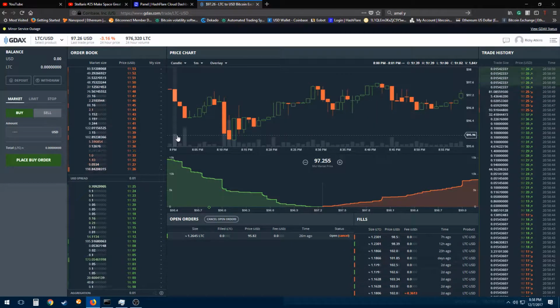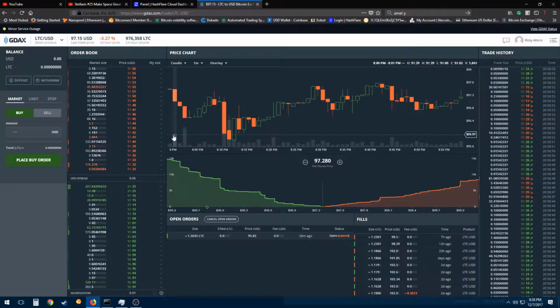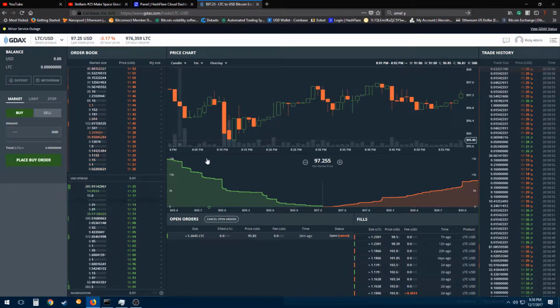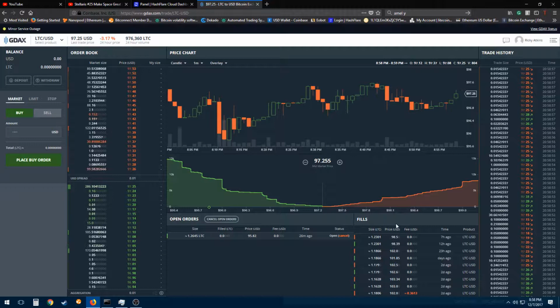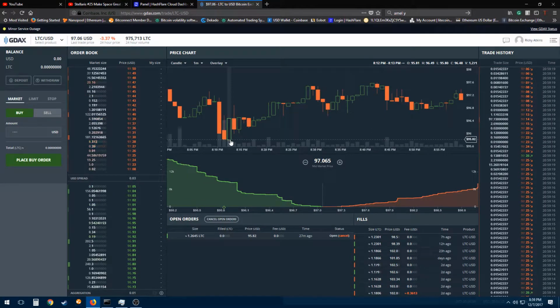I usually do limit orders. For a while, I made the mistake when I first started. This is why I'm glad people are asking, so they don't need this. You see here, if I go to fills, where it has a fee down here, that was just placing buying orders. You actually have to pay a fee. You don't want to do that. It's a little more unpredictable when you're doing limit orders, but let's say this one right here,